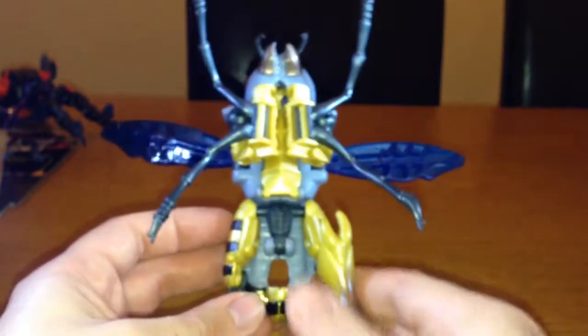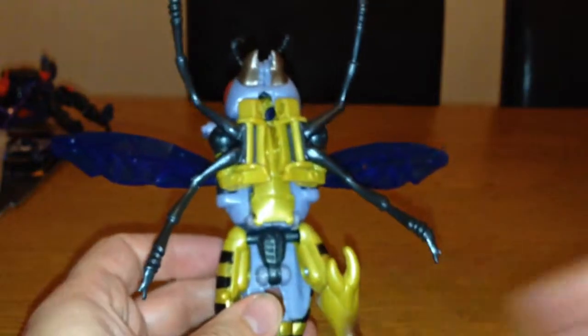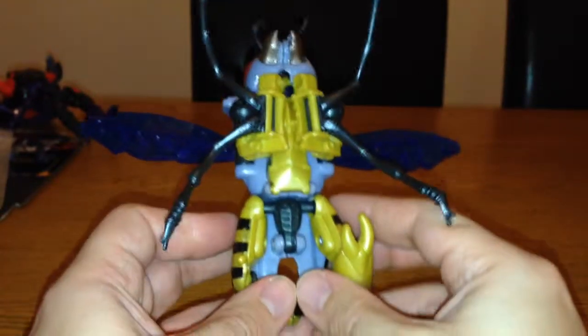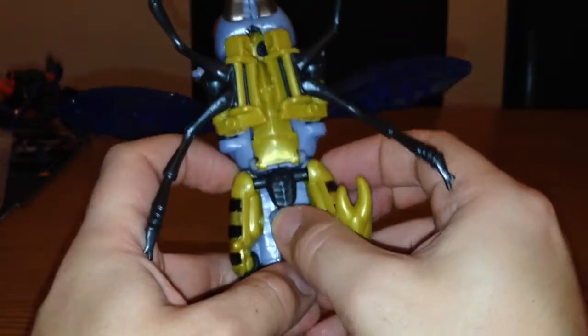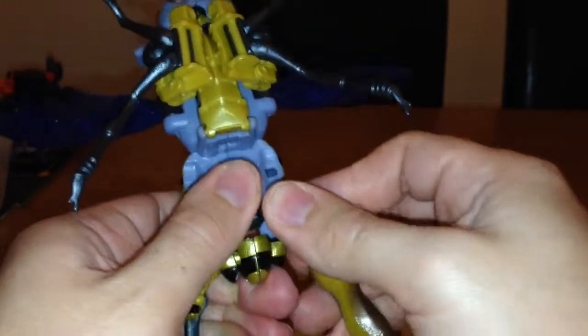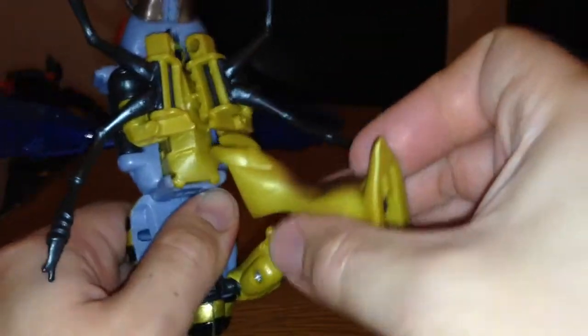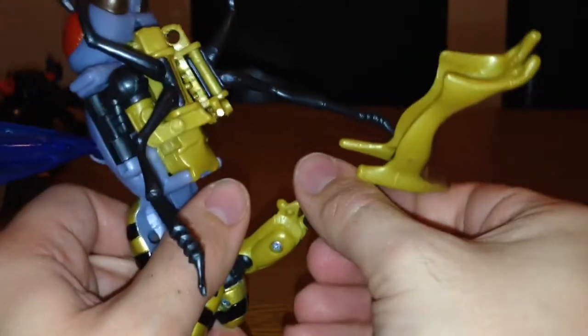So then you're nearly there, and then what you want to do is get this hip section here. Let's just move these out of the way a second. So then you want to get this hip section here, fold this down into this bit here, and then you want to pull these legs back up at the same time, unplug this, swivel this leg round like that, and the top of these legs have little things in, and you'll plug them into there